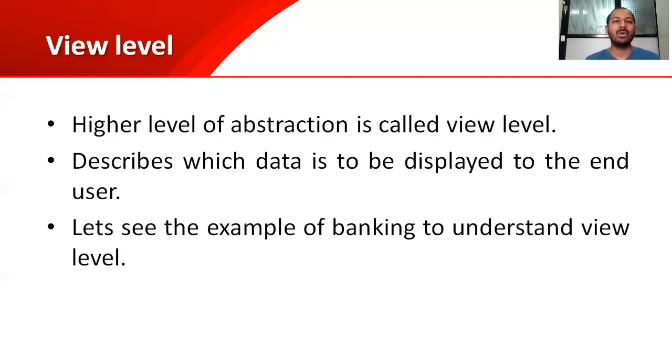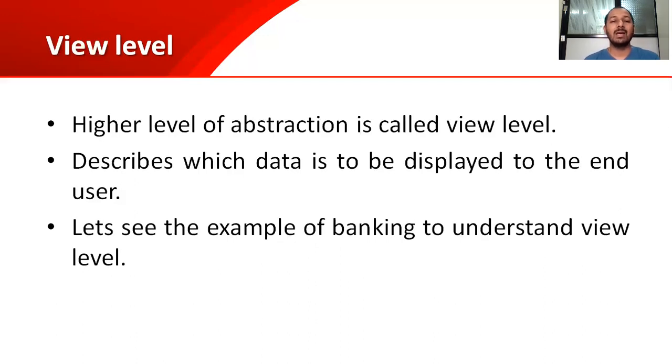But whenever you want to change the address of a customer, you neither go to the cashier nor go to the person who is just giving the print of the passbook, but you go to the specific person who can change your address, obviously by taking the address book. So the view level indicates here the view of a person who is printing the passbook, the view of a cashier, and the view of a person who is able to change the address is different.